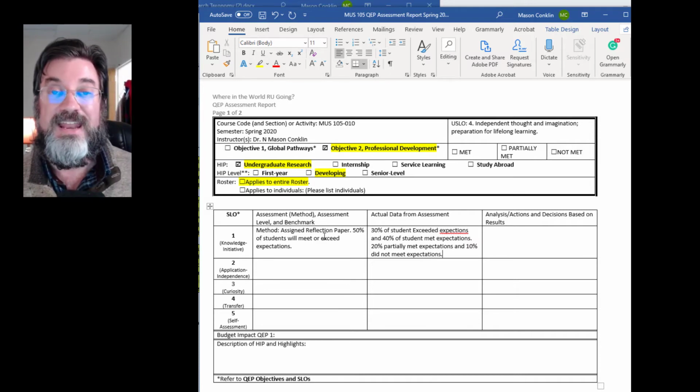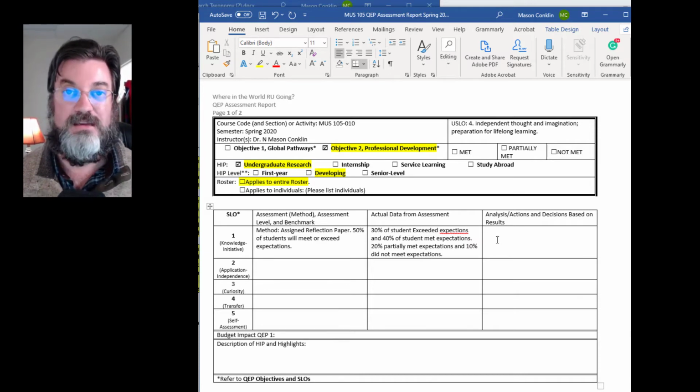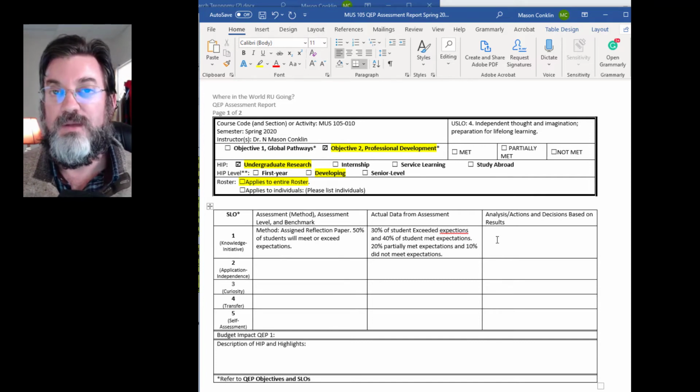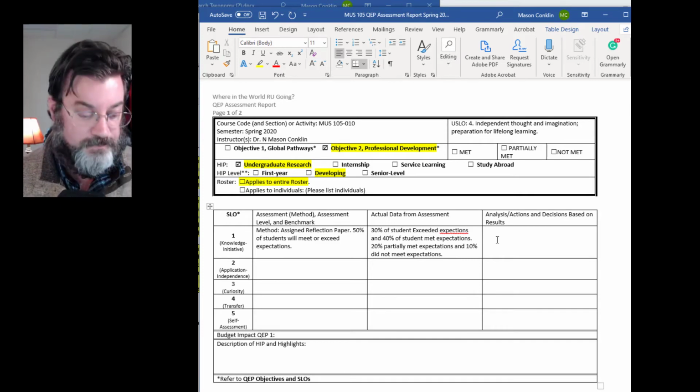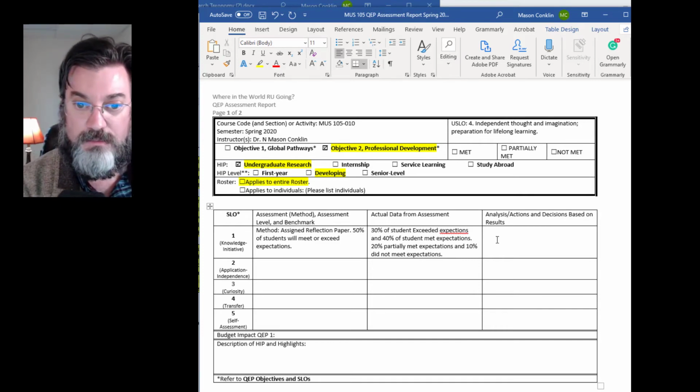Okay, then after that, I need to do some thinking. Why were the results, did the results occur this way? Is there something I could do to improve based on these results? I might put here